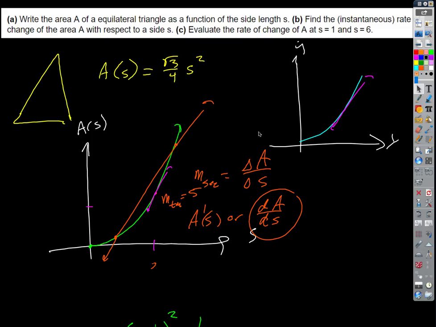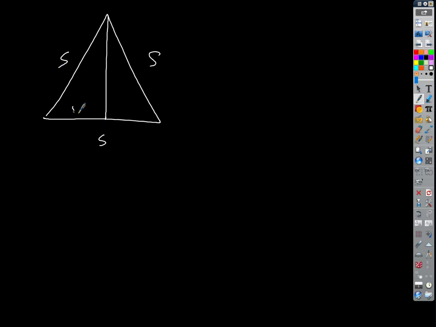Did you get the side? How do you get what now? The square root of 3 over 4 S squared. Okay, so how do you get that? We'll look at it real quick. Here's how I would do it. If those are all S, I could drop down an altitude, and then that's going to be 1/2 S. Everybody agree? So if that's S and that's 1/2 S, then this is just a